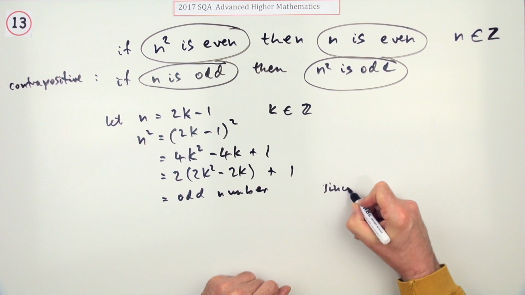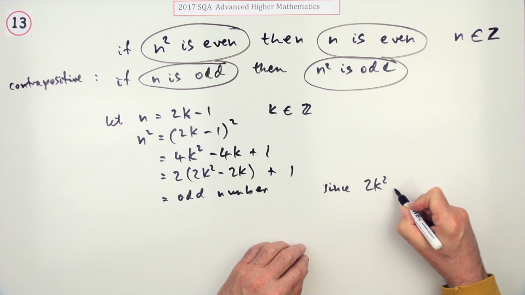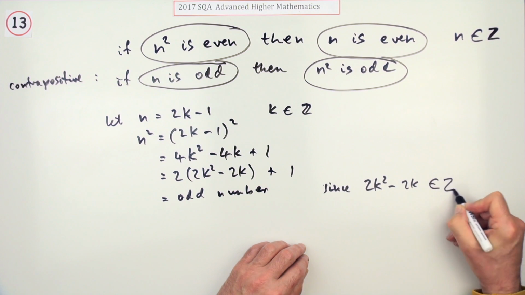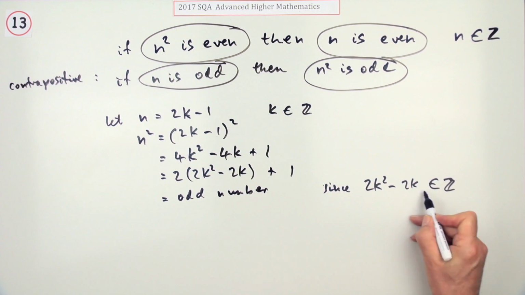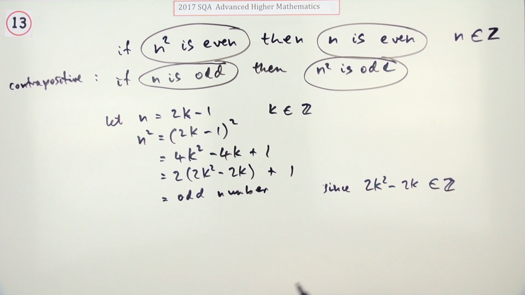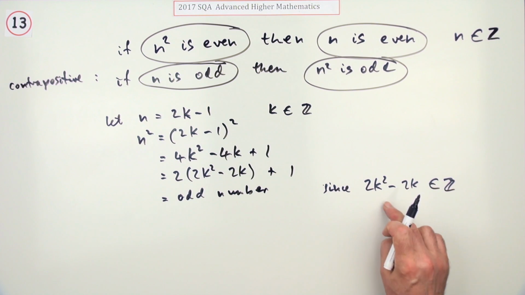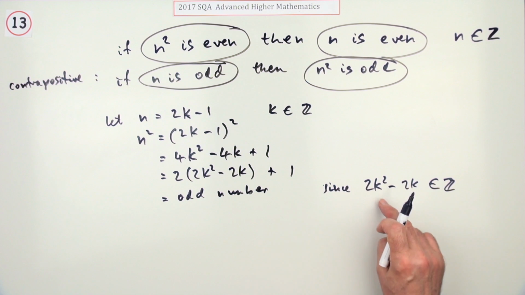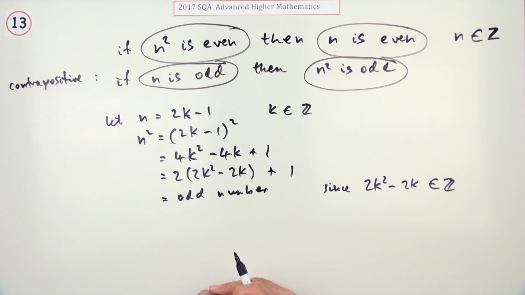So I'd better put it aside, since 2k squared minus 2k is an integer, because this calculation involving this integer didn't involve any divisions or square roots, for instance. Not sure if they'll be wanting you to put that down, but I'm not sure if that'll be in the marks or not. And now that you've proved it,